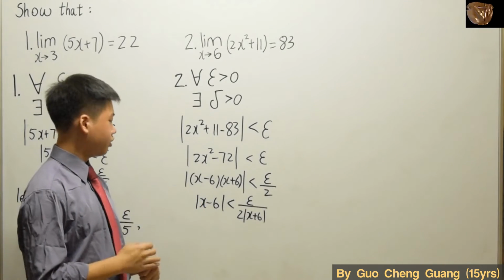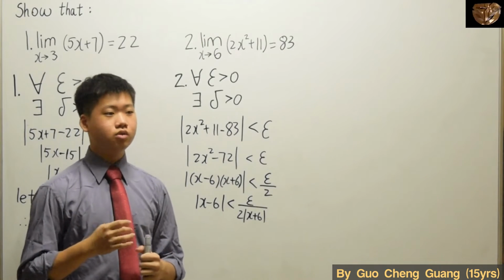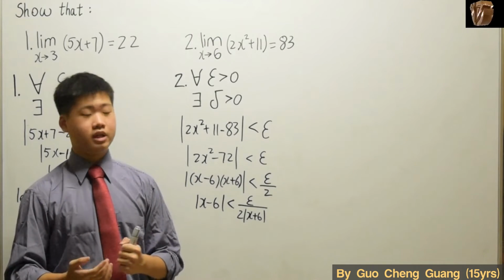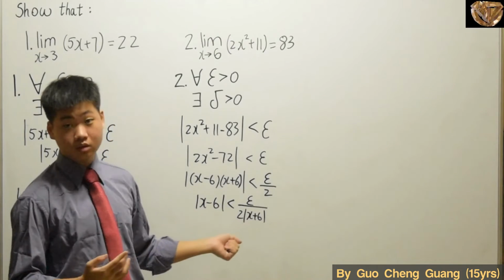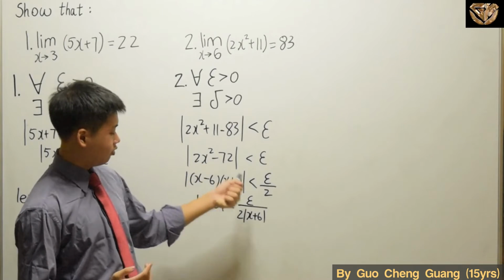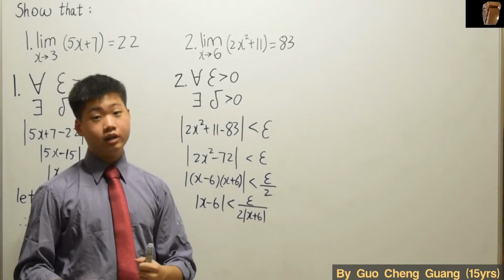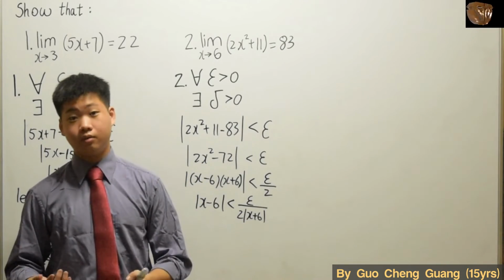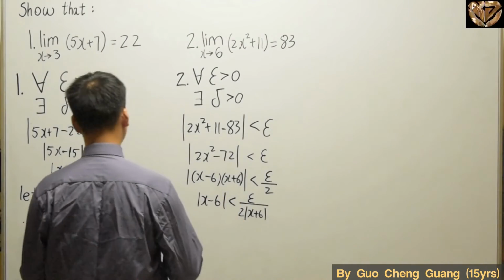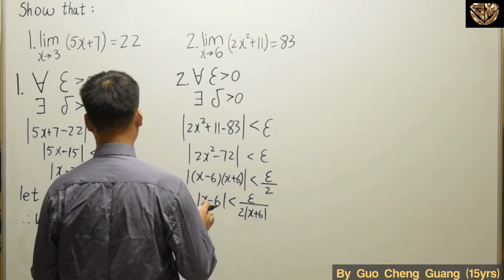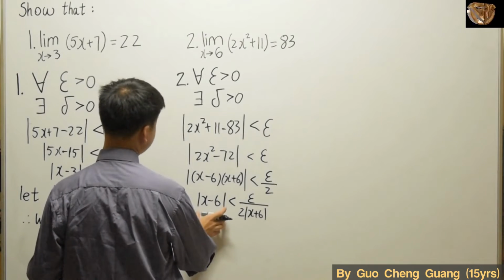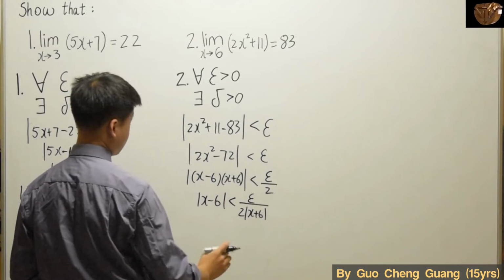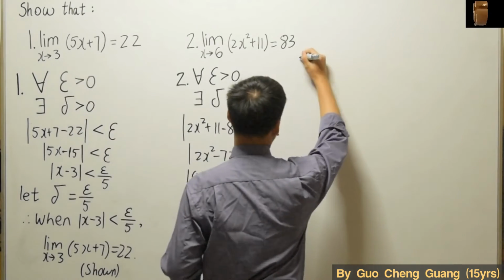So of course there are a few different methods. Whether you want to let delta be something first, let's say let delta be smaller than 1, and then you try to find out what x could be, and then use the x you have to find this x, and finally what delta could be again. Or you could also do it directly. So in this part, there are multiple methods which you could use, whether you assume delta to be something or whether you just assume this, but since delta and this are actually the same, so let's just say we